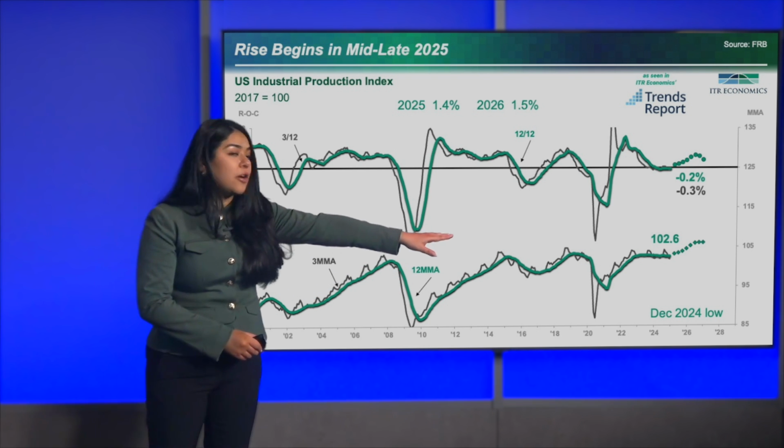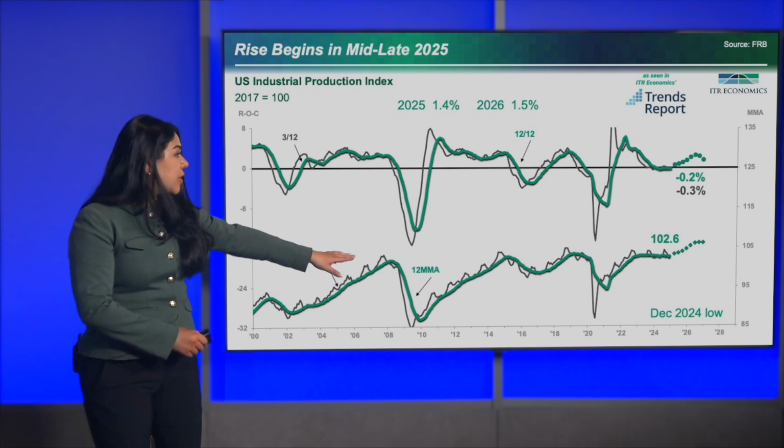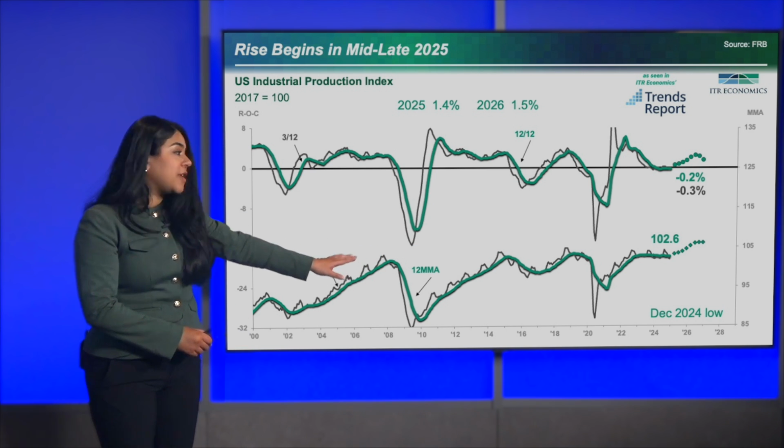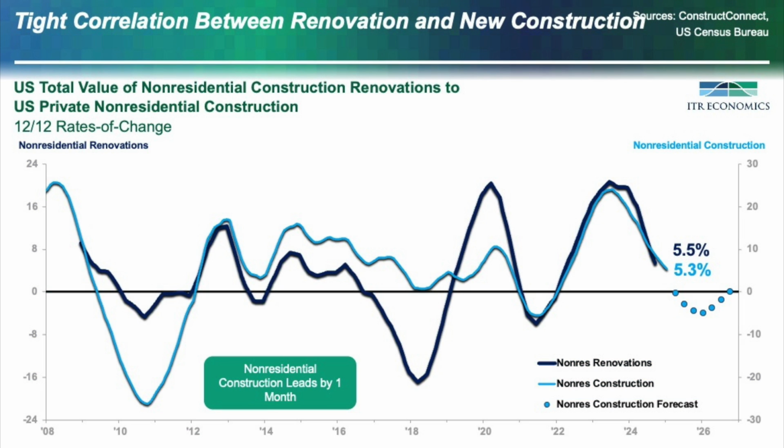And if we compare that forecasted growth to previous years, we can actually see that growth is a little bit higher than even those non-recessionary periods that we experienced in the past. So again, great news here. If we look upwards at our 3-month and 12-month lines, again, we can see forecasted growth. That forecast is just above the zero line. So again, forecasting growth, but this is something that we would consider mild growth. About 1.5% by end of 2026.